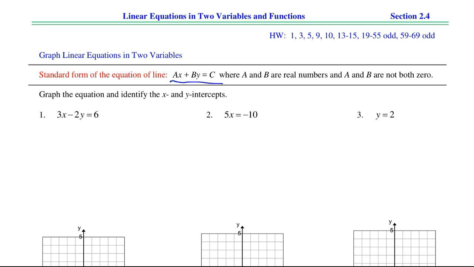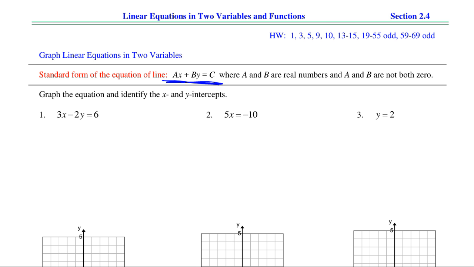Now, this form that you see here is not really useful in a lot of other ways, but we see it written this way just so that you can see the x and the y on one side, and then we will be able to graph from there. So as we look down, number one, you will see that it asks us in the instructions, graph the equation and identify the x and y intercepts. It actually makes more sense to identify the x and y intercepts on this first one and then use those